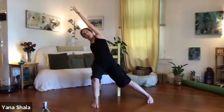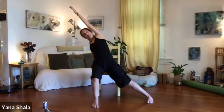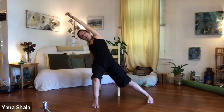Deep, long breath, reach across. Keep the left leg nice and long. Pull your low belly in a little bit and find an extra pull to the inner hip. One more breath here, or two if it feels really good. And then soften that left arm, bring the torso back to center, heels in,